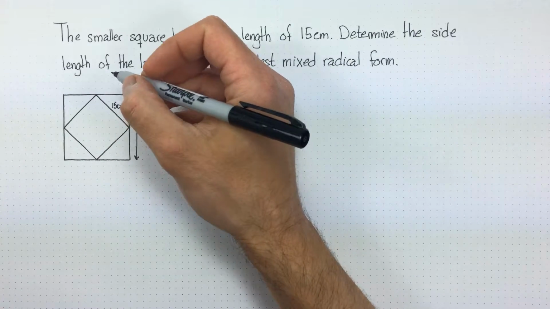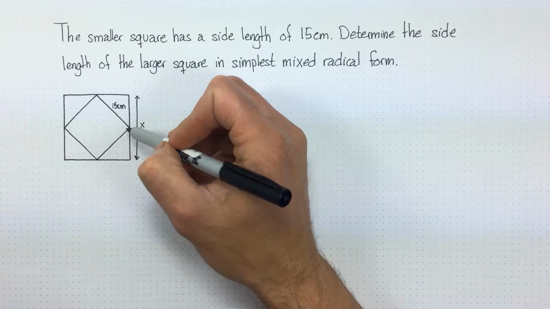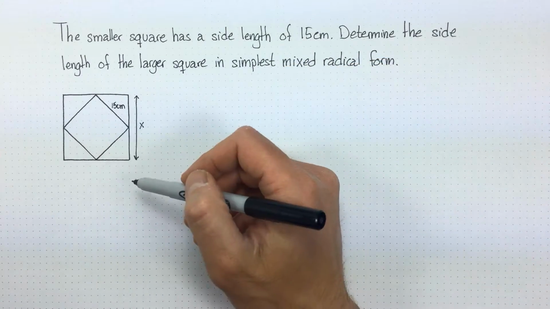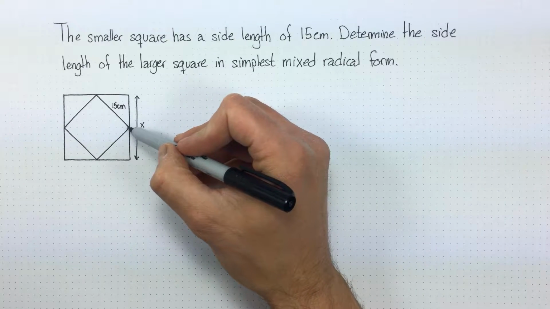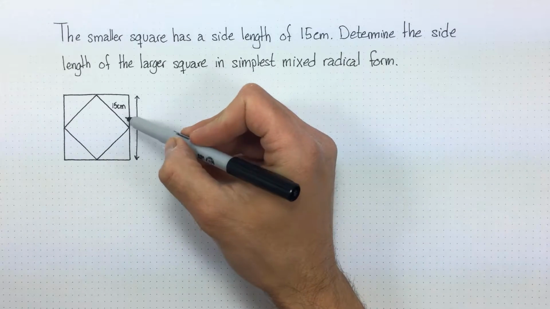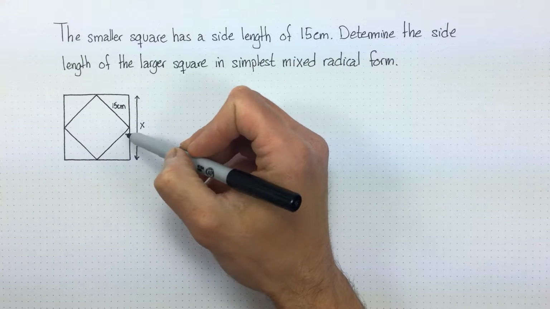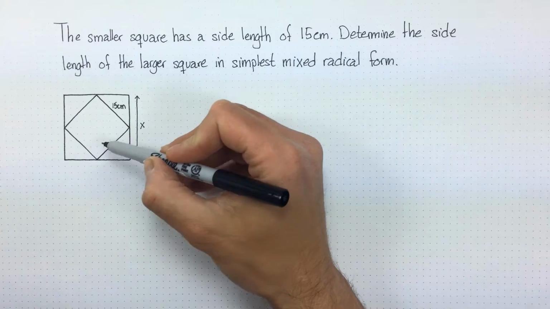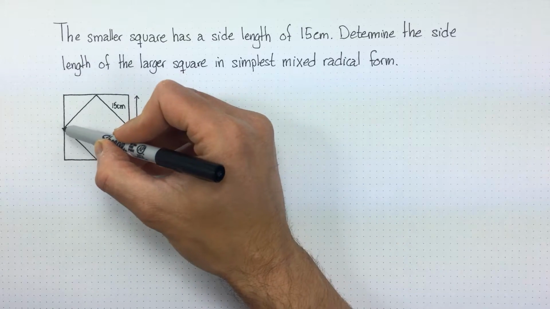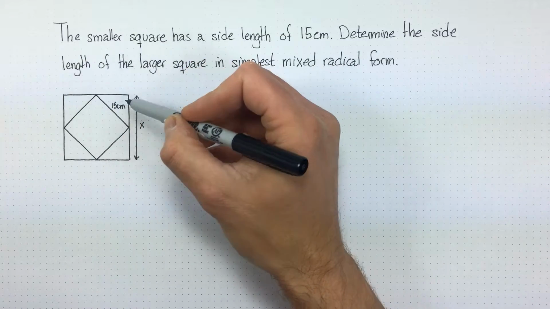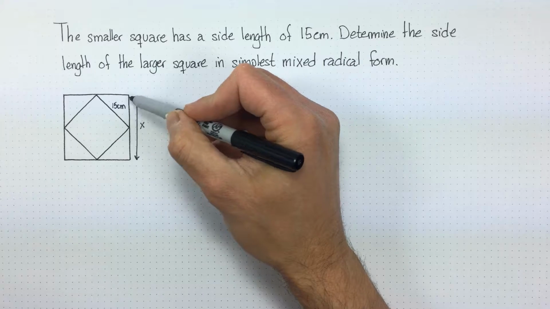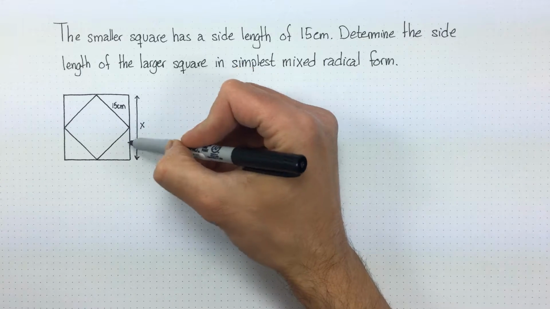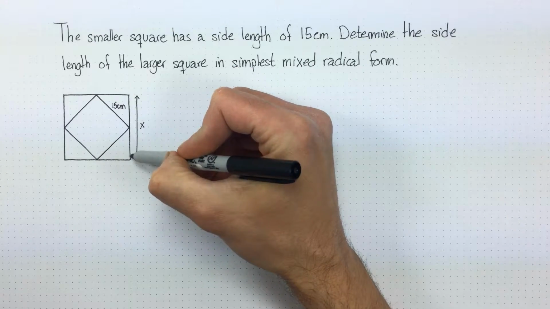Now, one assumption that we'll have to make here that the question does not say anything about is where this smaller square touches the larger square. The assumption we're going to make here is that these points right here, where the smaller square is touching the larger square, are at the midpoint of the larger square's side. So this point right here is in the middle of this side right here, and then same thing all the